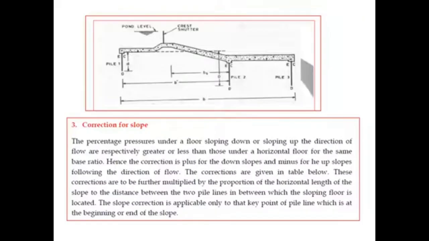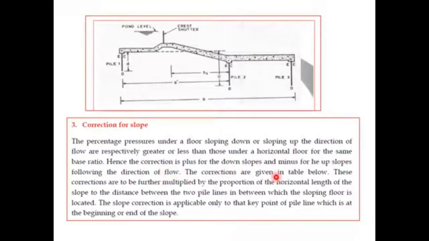And also because the floor was considered to be horizontal, and therefore the sloping effect was not taken into consideration. So there may be a floor with an up slope or a down slope like this in the direction of the flow. So therefore the percentage pressures may vary, which may be greater or lesser than those if you consider a horizontal floor for the same base ratio. Hence the correction is applied as positive for the down slopes and minus for the upslopes, following the direction